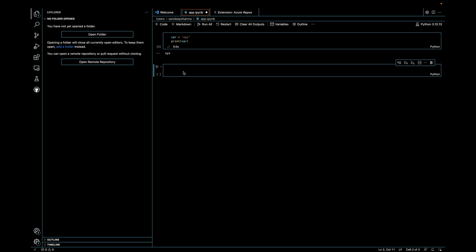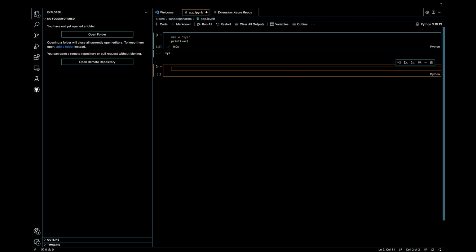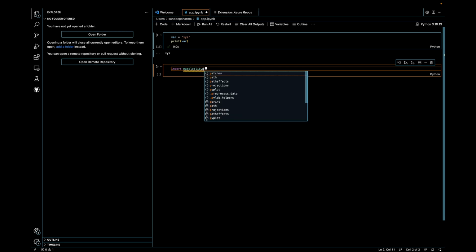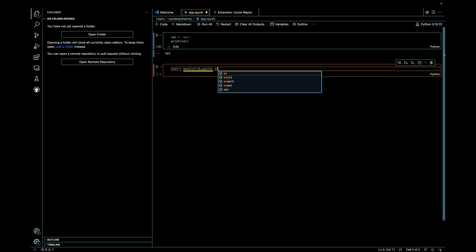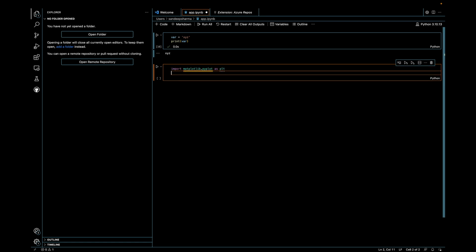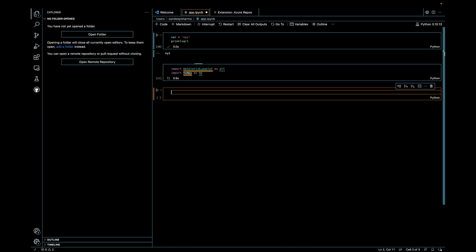So let's try one more example where we will see how we can plot a diagram. We will try with a plot. We will first import the library matplotlib. Also in matplotlib we will go to pyplot, and we will give it an alias, plt. There is another library that we may need, which is numpy, as np. If I run both libraries,